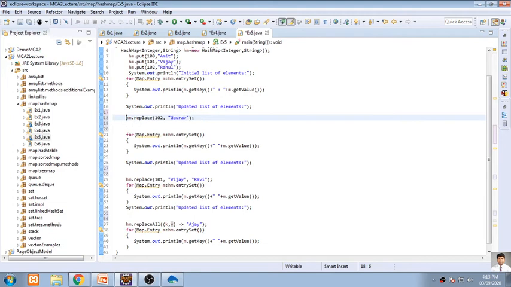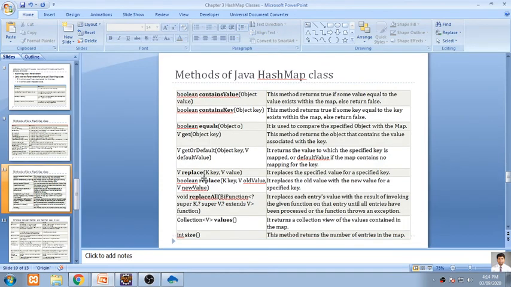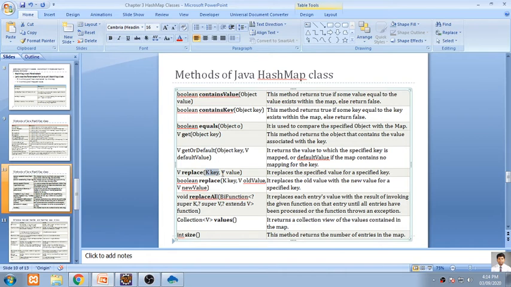We'll have an example of this, and first we check the definition of what exactly is there in the replace part. When we are using replace with key and value, it will replace the value you have assigned over there, and it will return that value.